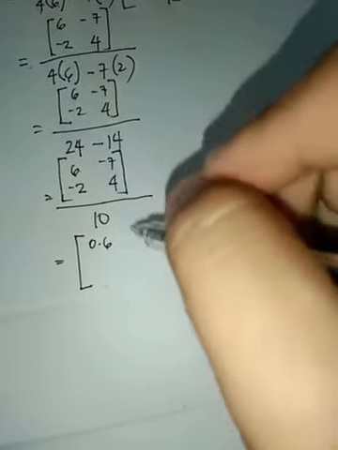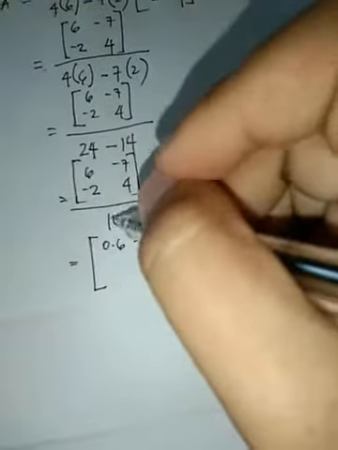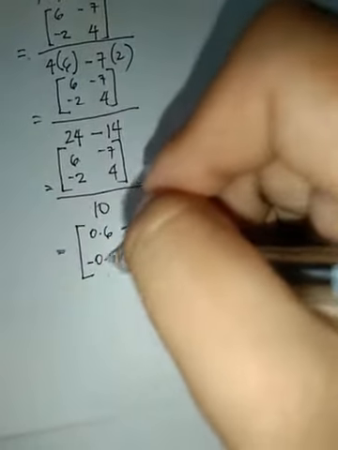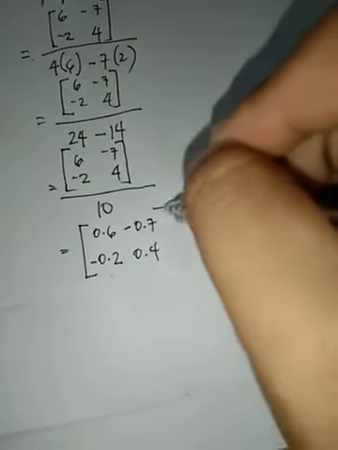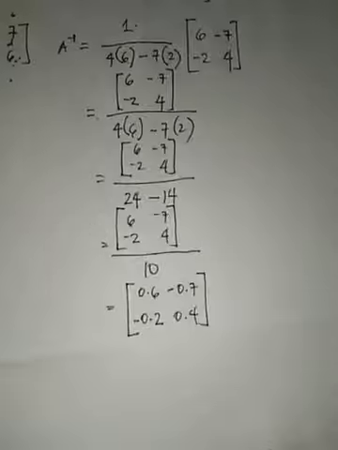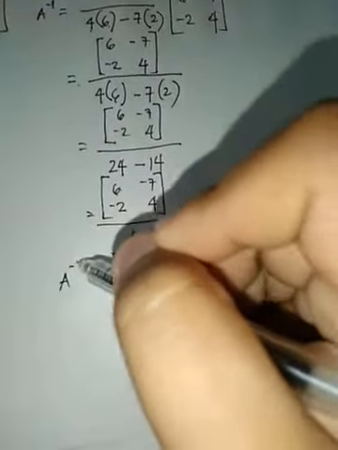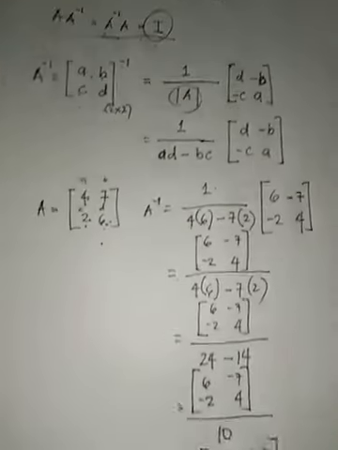Negative 7 divided by 10, negative 0.7. Negative 2 divided by 10, it's negative 0.2. 4 divided by 10, it's 0.4. Okay? So, yun yung ating inverse matrix. Okay. Balik tayo